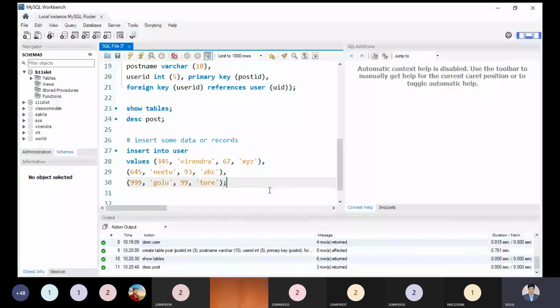Let me add one more row over here for knowledge purposes only. I'm taking something random, and here I'm taking 67. This is a duplicate. I can take the address also as a duplicate. So four different values I'm putting over here in terms of rows or records. Now let me execute, and after executing you are able to see we have four different rows of data. SELECT from users.